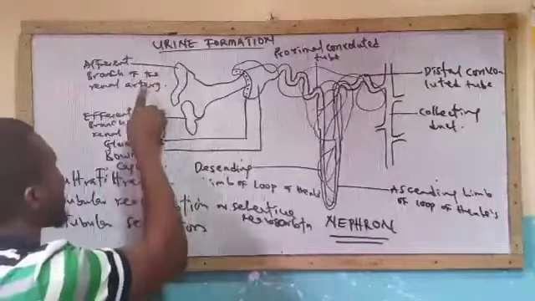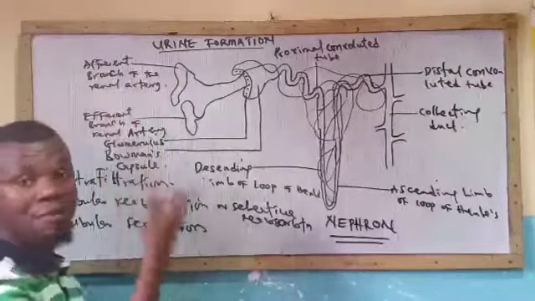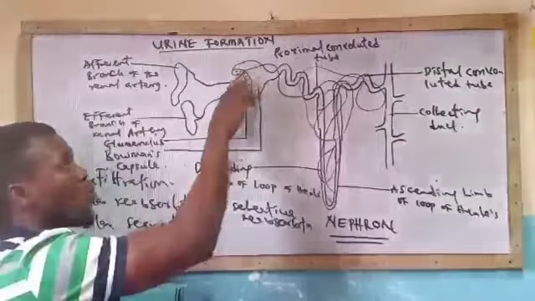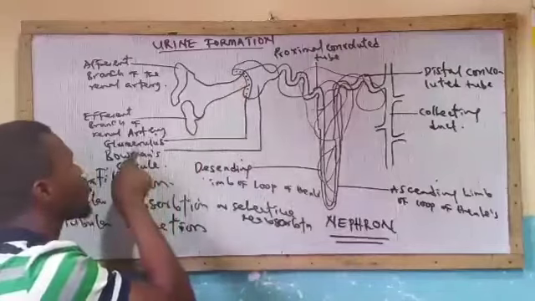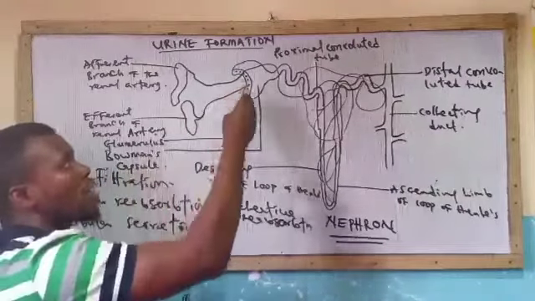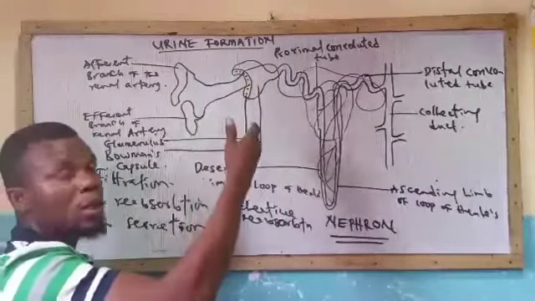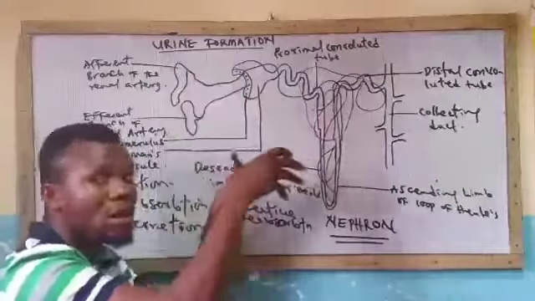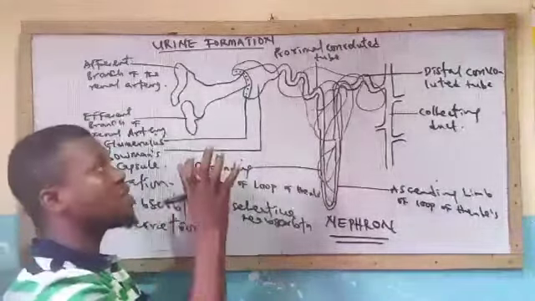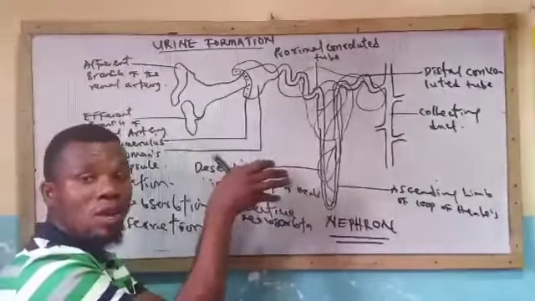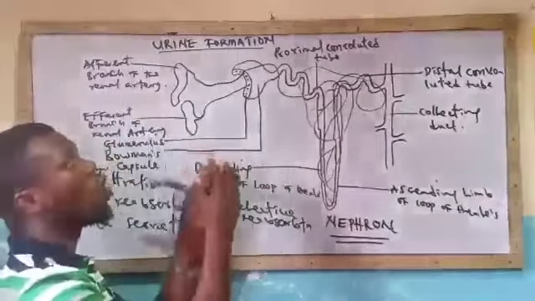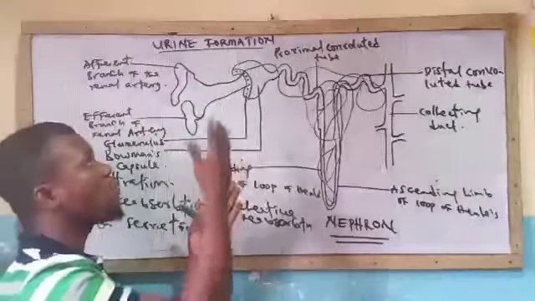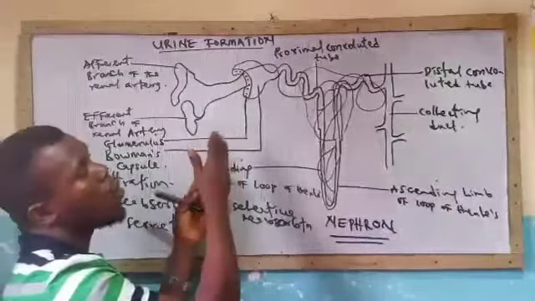Those branches supply blood to this network of capillaries, the glomerulus. Now, the glomerulus has the ability to filter. All the blood content is being emptied inside that cup shape, and the glomerulus now helps to filter. How? By filtering, it tends to allow